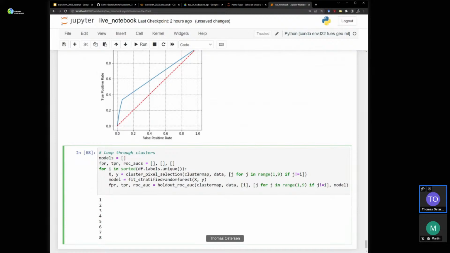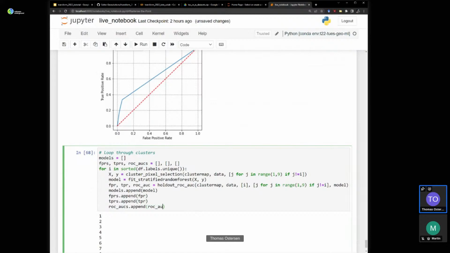Models append model. FPRs append FPR. TPRs, oh yeah, should put s's there. Append TPR. AUCs append ROC AUC.